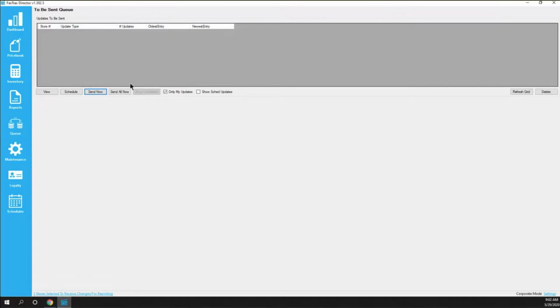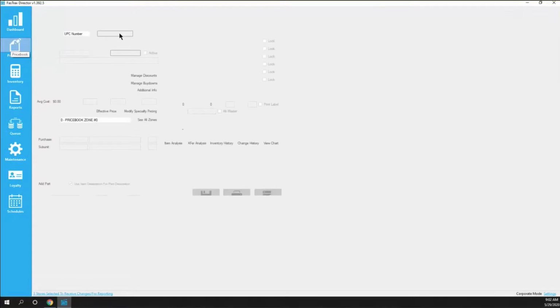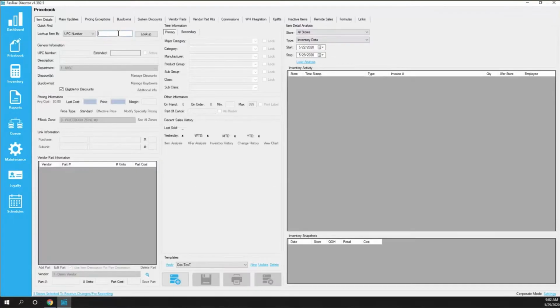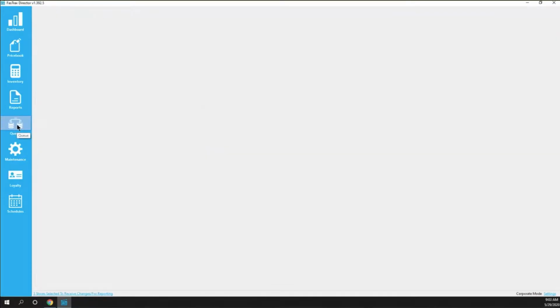So how does this work? Let's go to Price Book. I'm just going to look up an item here. I want to say there's a price change. Instead of $12.50, we're going to make it an even $12. So I'm going to save this. I have now saved the price of this item. Now if I go back to my queue,